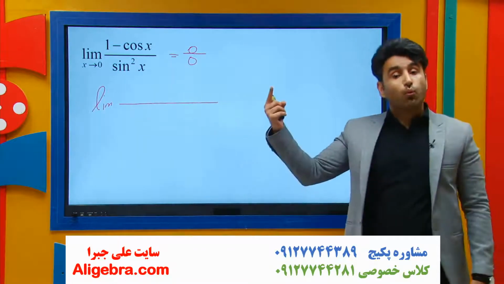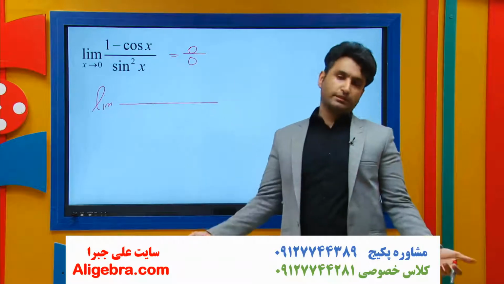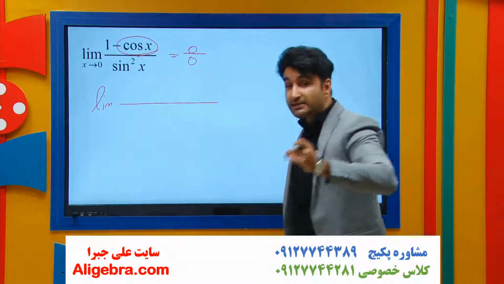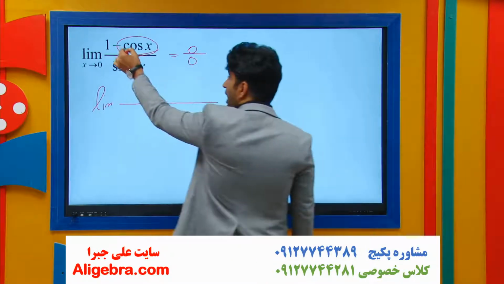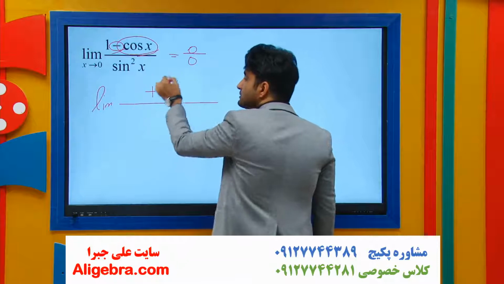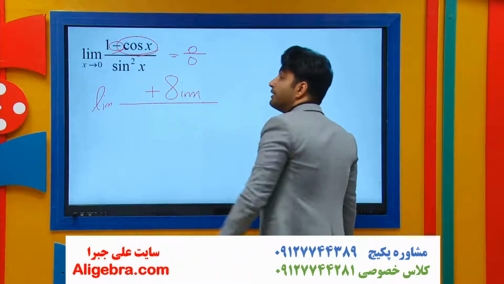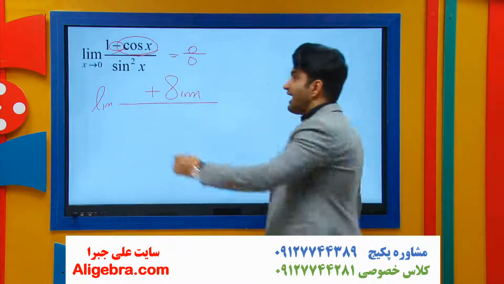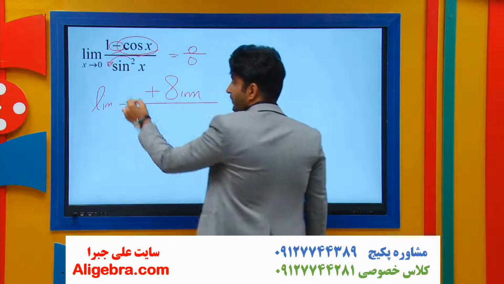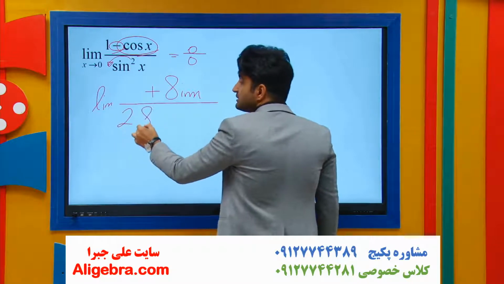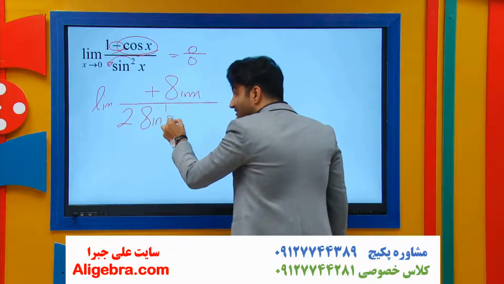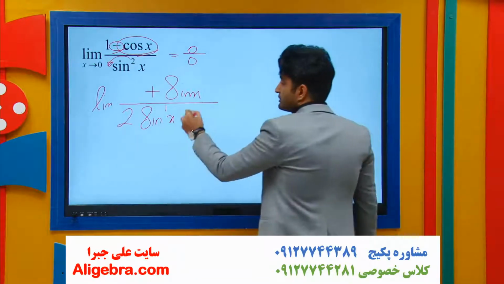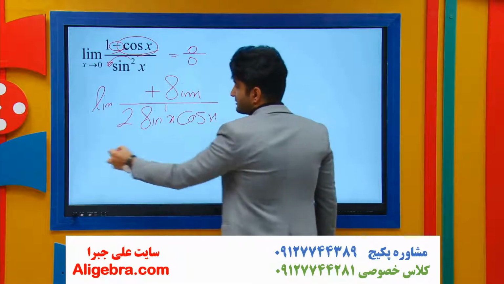The derivative of 1, the derivative of constant, is 0. The derivative of cosine x is minus sine x. Minus times minus gives me positive sine x. Lovely. On the bottom, the derivative of sine squared x, take the exponent in front. So I have 2 sine x, and then take the derivative of sine x, which is cosine x, as x